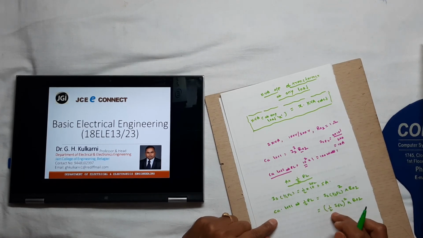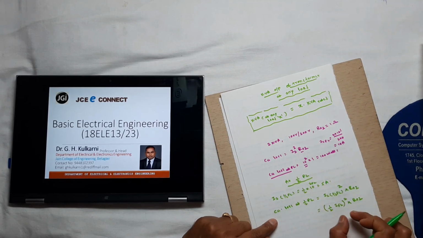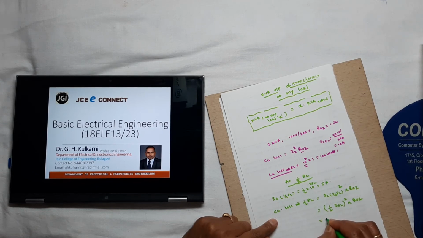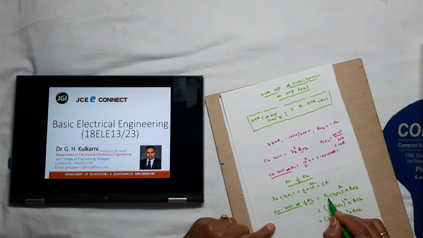What is half of I full load? It is 10 divided by 2. The same thing I am putting here in terms of the equation. Therefore, what you are getting here is 1 by 2 square into IFL square into RO2. You have to keenly observe. I am calculating the copper loss at half full load. For calculating it, you have to substitute the current corresponding to half full load, that is I2 at half full load whole square into RO2.